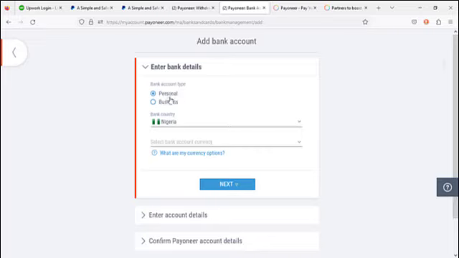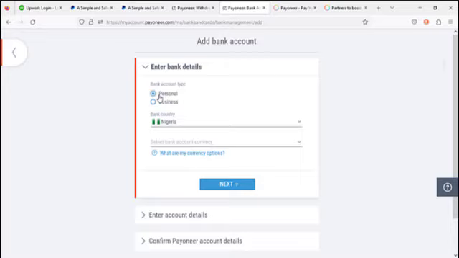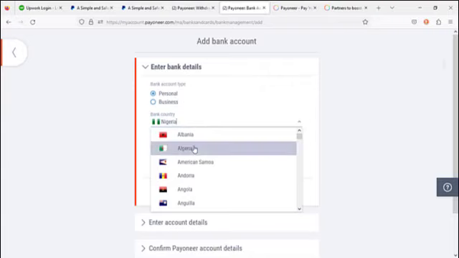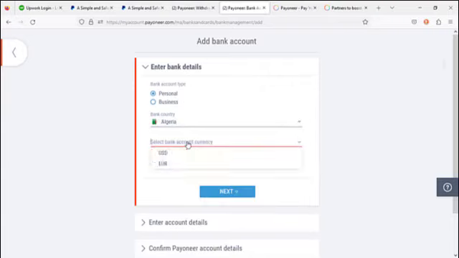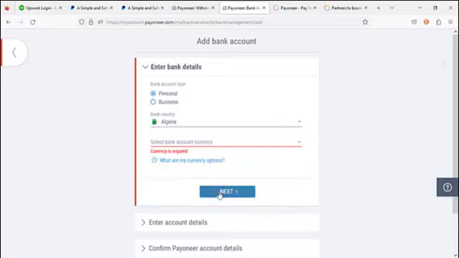You want to put in the bank name, always use personal, okay? Except if you're adding a business account, you can go ahead and use a corporate account, a business account. But for me, personal just works fine. And then you choose your country, you want to select the bank, okay, based on your local currency. If you're coming from Kenya or Algeria, you'll see a different currency there. All right. So once you've chosen your country, you want to head back, click on next so that you can